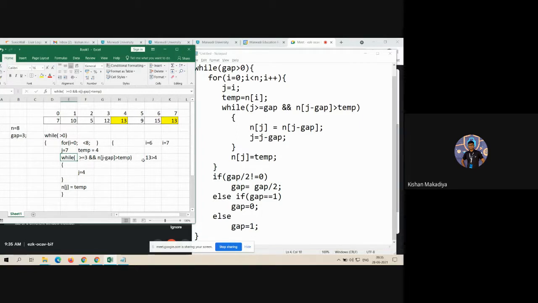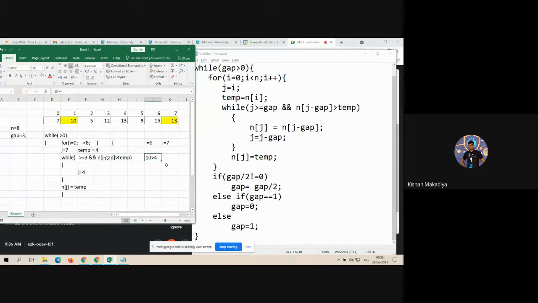Yes. Now check this one. 4 minus gap, n of 1, that's here 10. 10 greater than 4. So now you are comparing this element, n of 1, and your new element that's stored in a temporary variable, 4. This time 10 greater than 4.